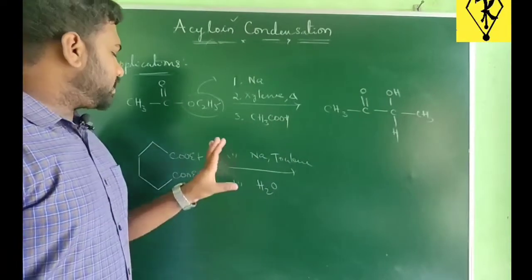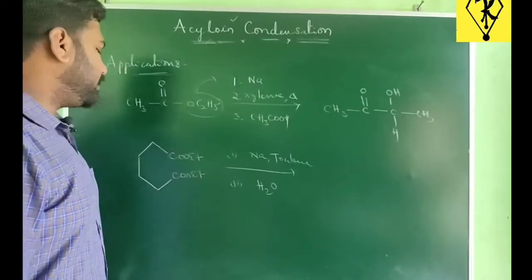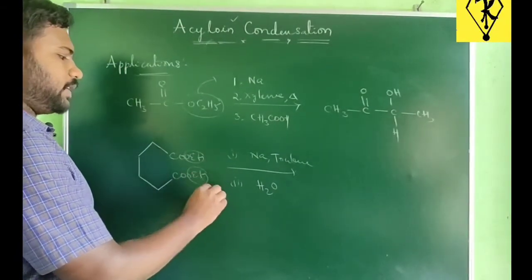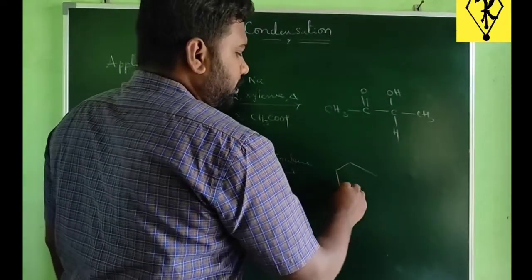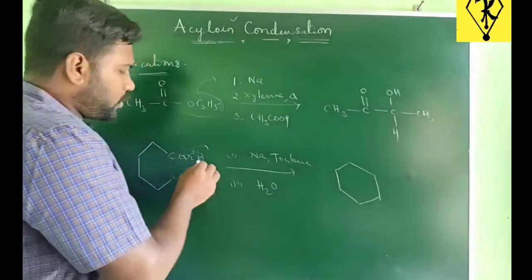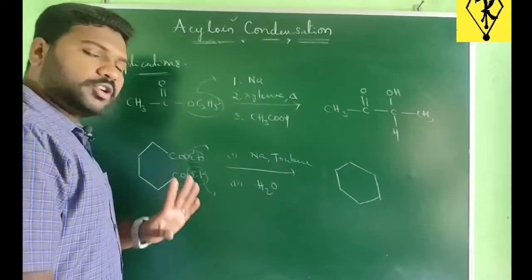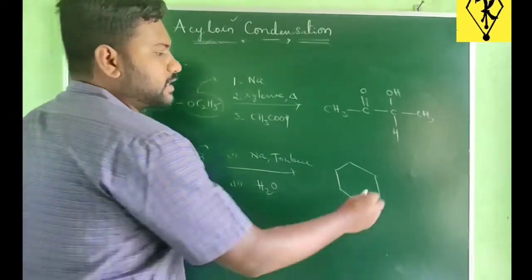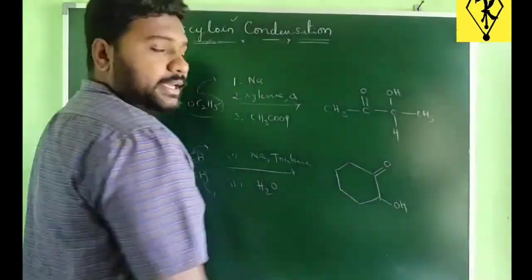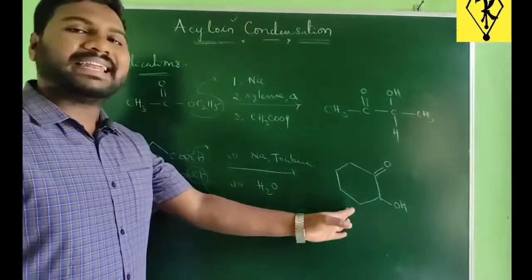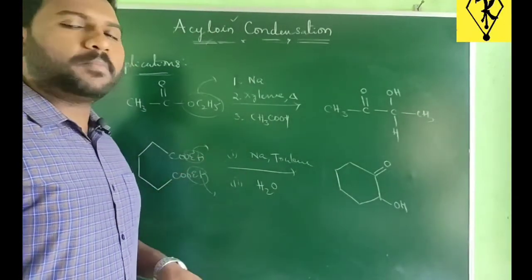Simple. Next we will try to write product for this reaction. Now both OEt groups will eliminate. So now same thing. This OEt group will be eliminated, ethoxide group is eliminated, and what is the rest of the thing? One group will be ketone, one group will be alcohol. So this is cyclic acetylene. So these are the two important examples.